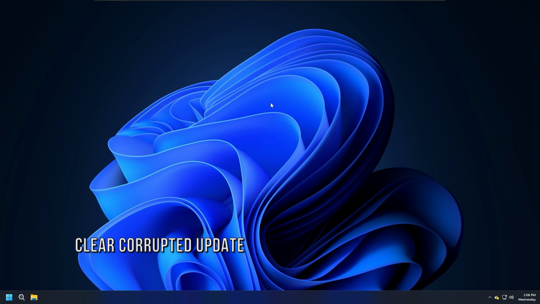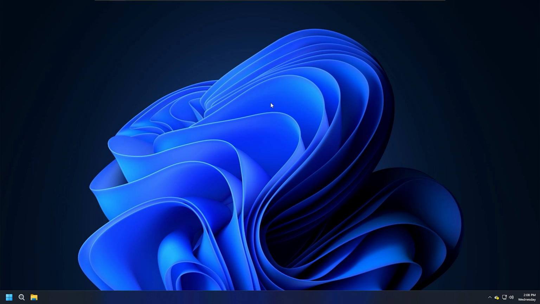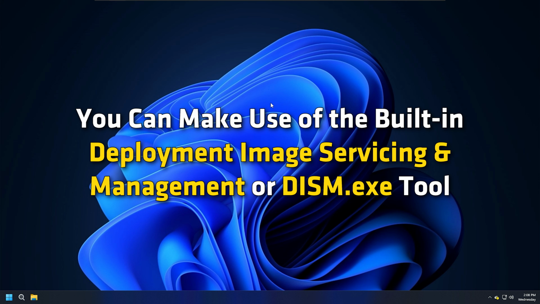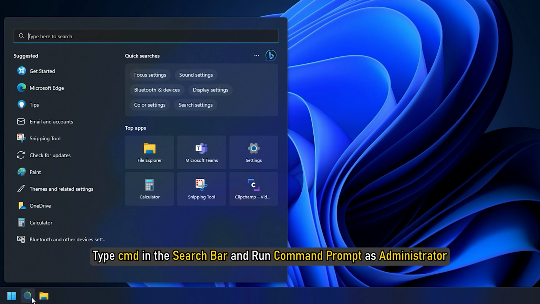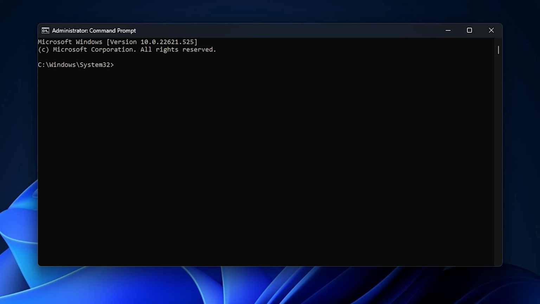Method 1. If your Windows update has failed to install, you need to clean up the corrupted installation. To do this, you can make use of the built-in Deployment Image Servicing and Management or DISM.exe tool. Type cmd in the search bar and run command prompt as an administrator. Type